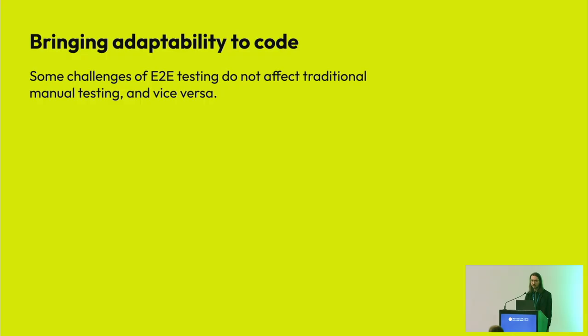If you think about the manual testing process for a moment, there are two examples: the changing of the label and introducing another required field. For manual testing, it's not a problem, because a tester can just figure out that the label was changed, and they can figure out what kind of value they need to provide for the new required field. So ideally, this is what's missing from the end-to-end test code, which is very rigid. We would like some kind of human-like reasoning to make our test adaptable.